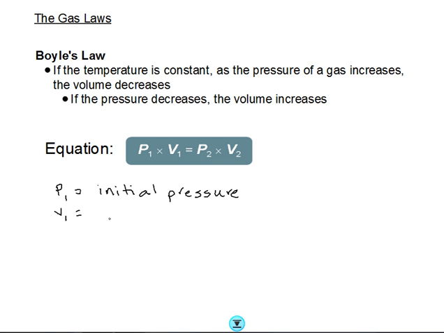P1 is going to stand for the initial pressure. V1 stands for the initial volume. P2 stands for the final pressure, or the pressure that happens after you change the volume. And V2 stands for